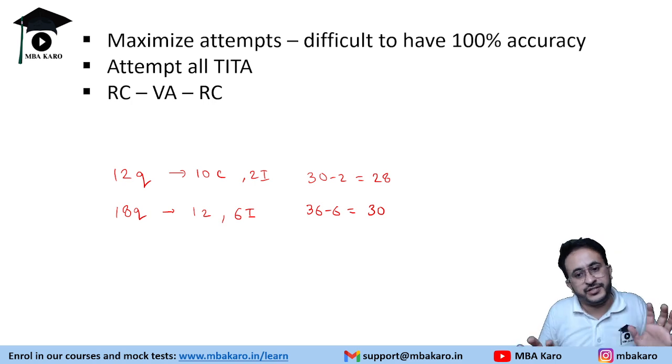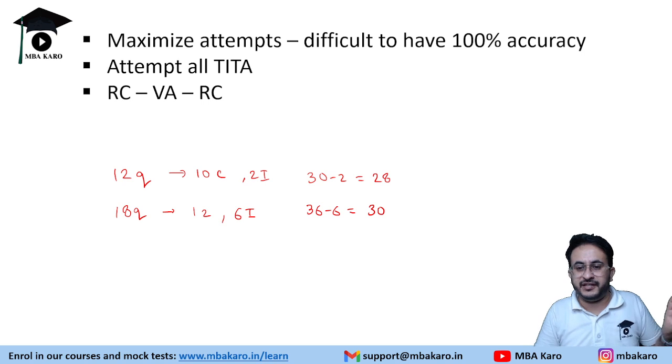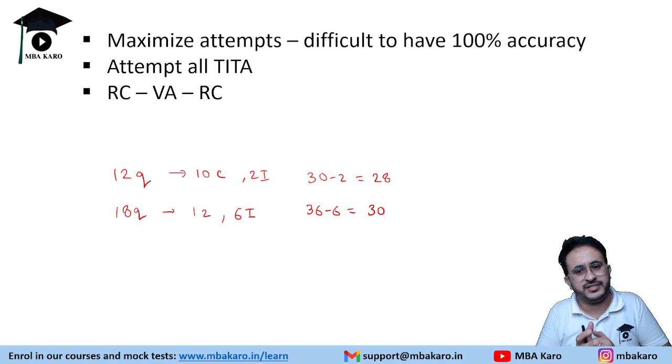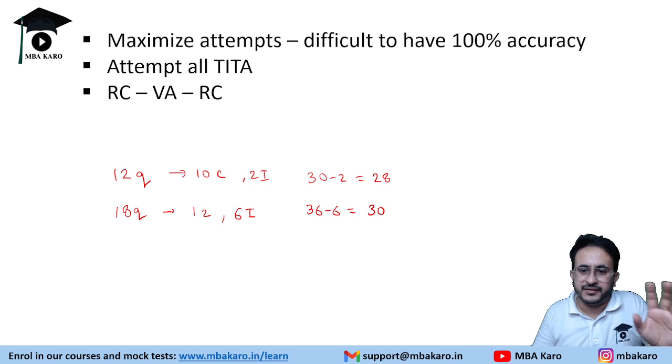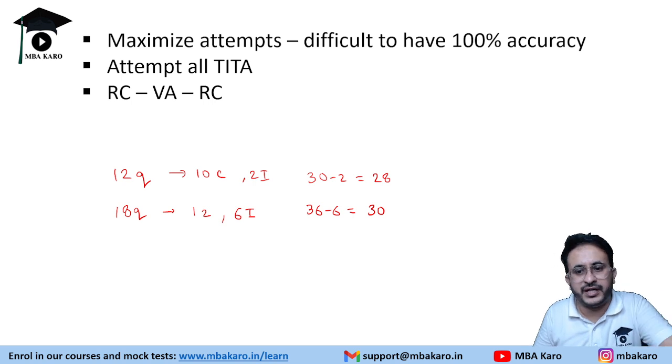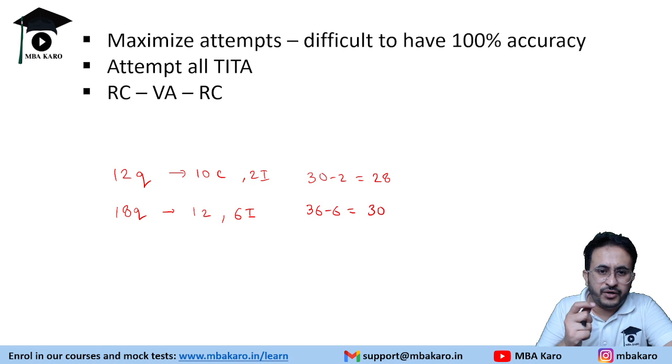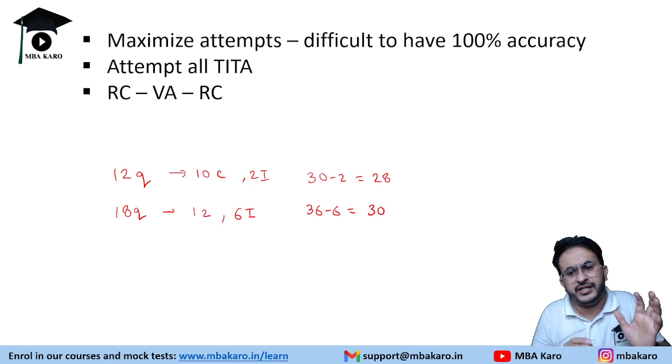Ultimately, what matters is your final score. People will say that if your accuracy is less, your percentile will be affected. No, it is about the raw score. So the more you score, the more percentile you get. It is not about accuracy. So even if you attempt 24 questions, you get 12 correct, it is your eventual score that is going to be calculated. Now, maximizing attempts will help you beat that accuracy thing.